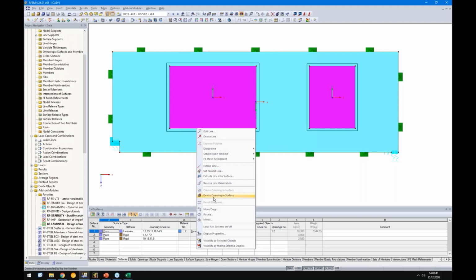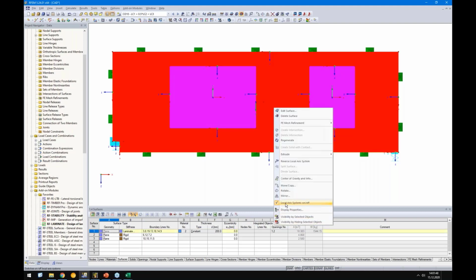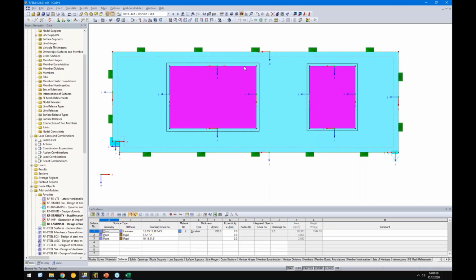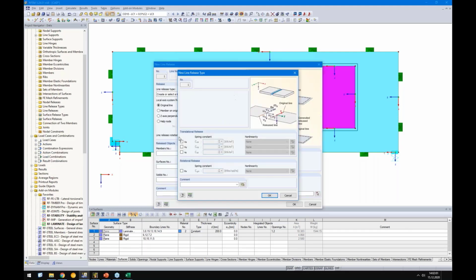So I will simply show the local axis system of the lines. This is the axis system of the surface, I will switch it off. Okay, it's all about the Z direction of the lines. And in this case, I can use these line releases too. So I see here new graphically. Okay, and in this case, X and Y direction, so out of plane and in X direction,